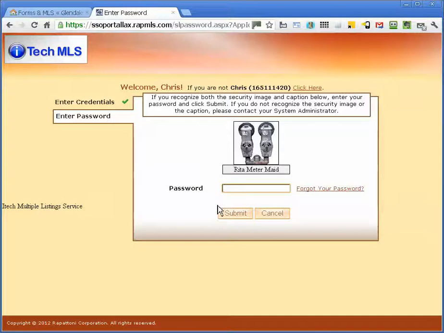P-H-I-S-H-I-N-G. Phishing is where other people pretend to be your website just to steal your login and what have you. So if you ever come to the MLS and the picture is not the picture you chose, it's going to be the same picture as long as you remember. Don't log in. Call the association and let them know, because it means someone's trying to play silly games with our MLS. Okay, so that's how you log into the system,